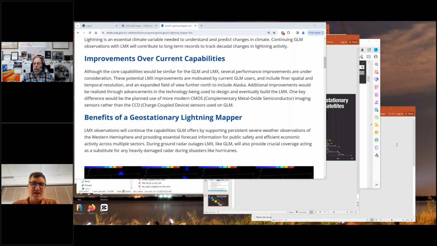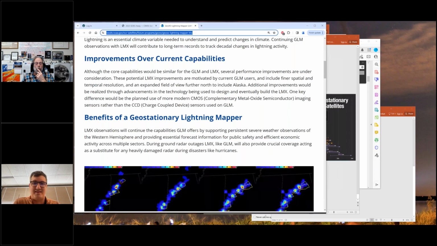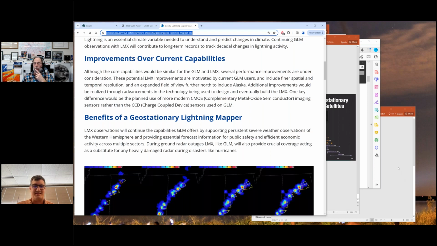I think it's fair to say we're not telling anybody information they don't know: that there is an engineering capability to scan the whole disk if we opted to, but that doesn't necessarily mean that is the solution we're going to settle on. So stay tuned. We look forward to sharing more about the LMX and its capabilities once that instrument award process is complete. And thanks, Tim, for providing the link to the lightning mapper.